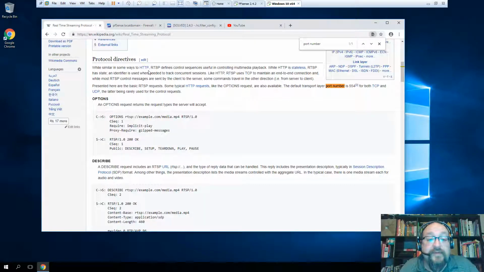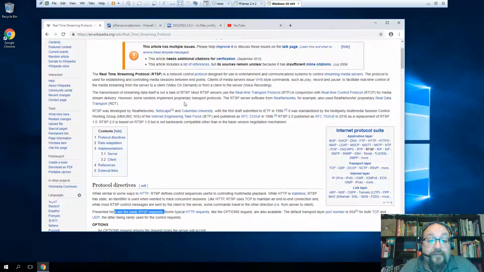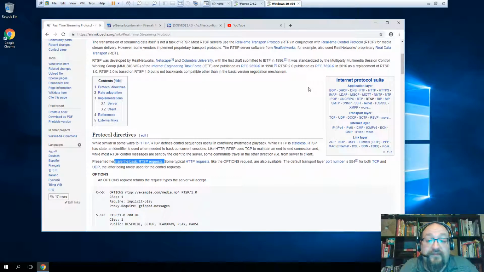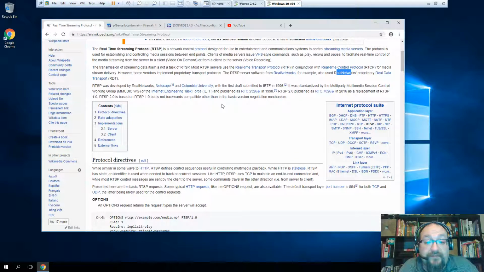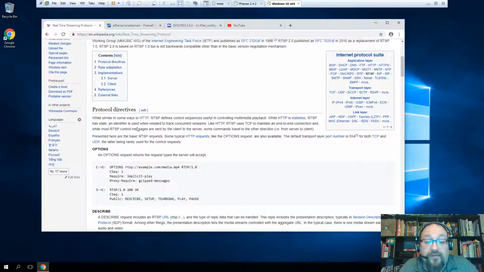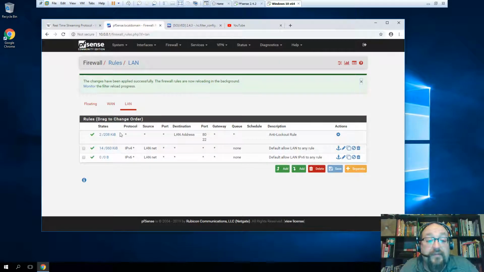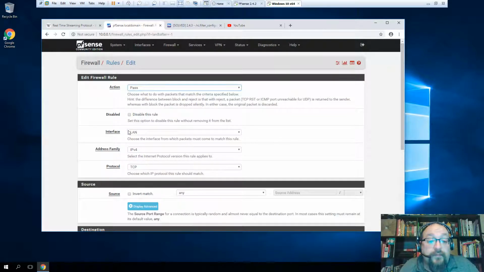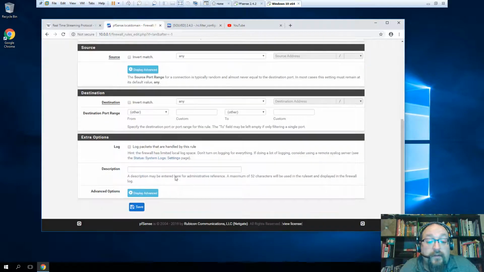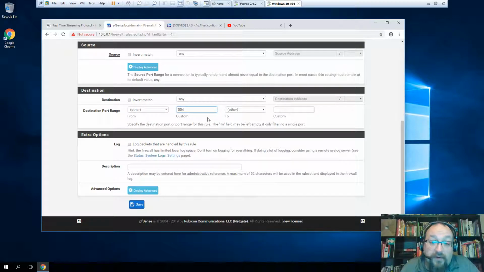What we can do is look at some real-time streaming protocols, like something from RealNetworks, the company that used to do video on demand. We can look at some specific Real Networks proprietary real-time data transfer, or real data transport. It was RTSP, real-time streaming protocol, which operates on 554. However, attempting to block that port on IPv4, IPv6, TCP, UDP, and we put in our port 554,